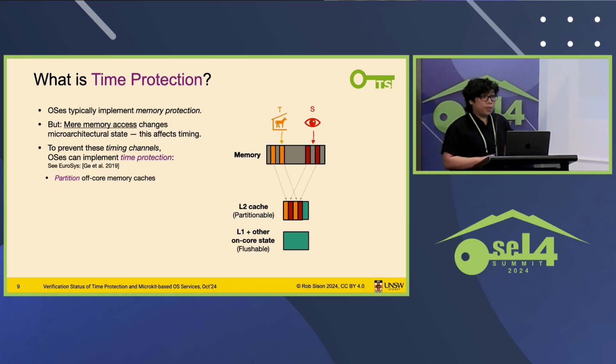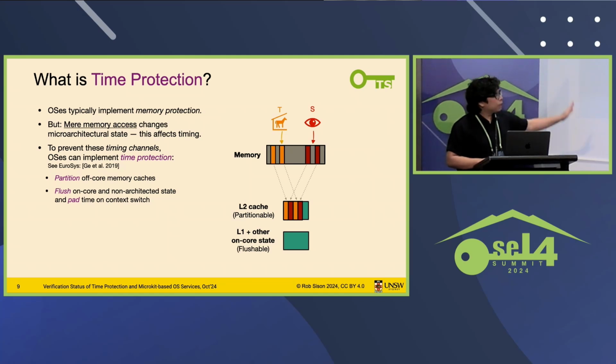There's a general approach to implementing time protection, which is to partition what you can and flush what you can't. For caches further away from the cores, it's feasible to partition them, for the OS to be careful about what physical addresses it gives to each of the processes so they don't overlap in the cache. And as long as we have the right hardware primitives, like the fence.t implemented by Nils and co., then we can flush non-architected state on core